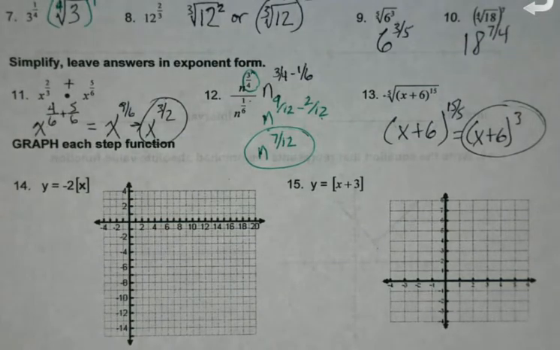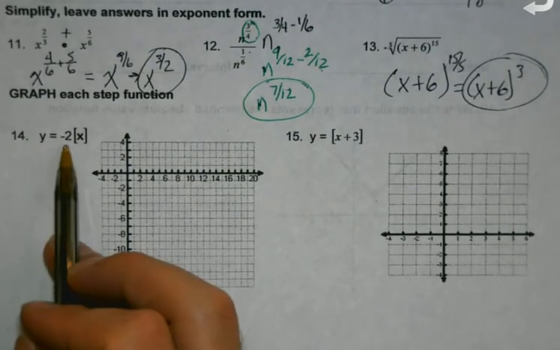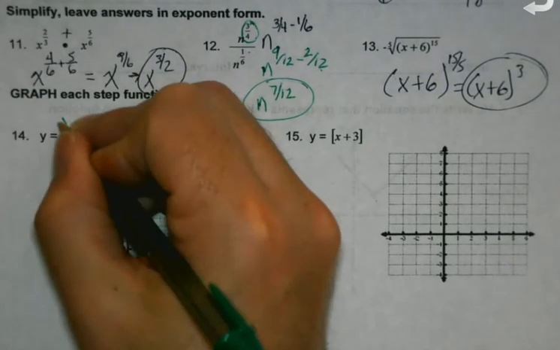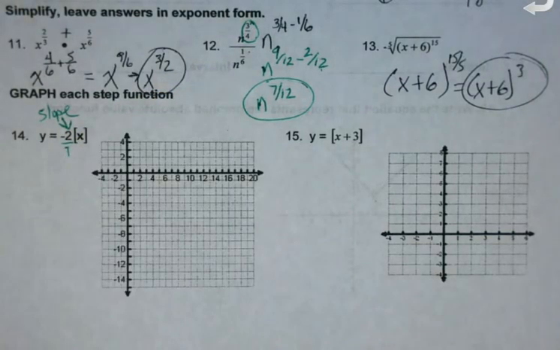Here comes another one of our nemesis here. Alright, let's chat step functions again. Remember, when you're doing a step function, if you see pluses or minuses, that's all of your different shifts. If all you see is a number up front, we're going to treat this just like we would treat slope. So if I don't have any shifts,